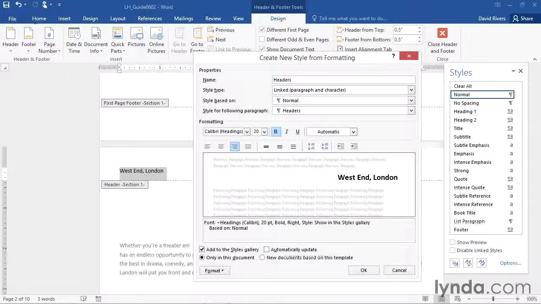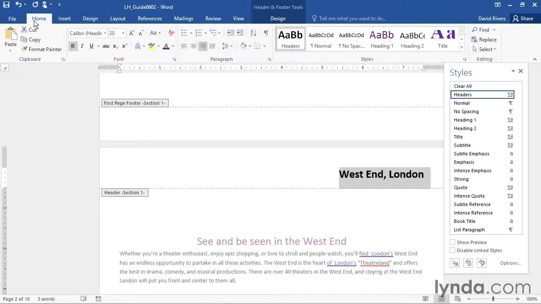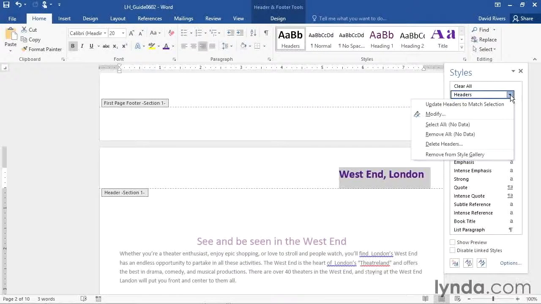And if we want, we can go to the Home tab now. Choose that same color of purple. It's already there from the last time we used it. And if we wanted to, we could go to this headers style now, click the drop down, and update headers to match our selection. It'll now take on the color purple,